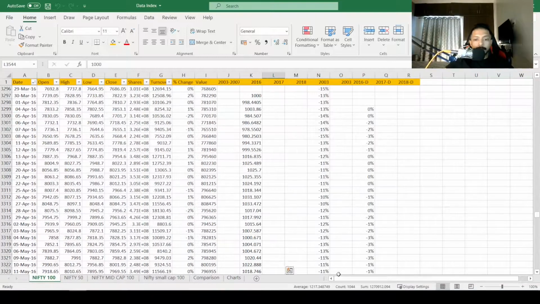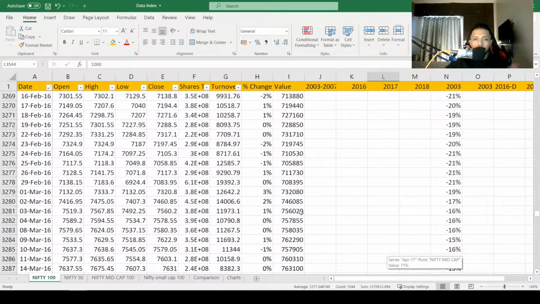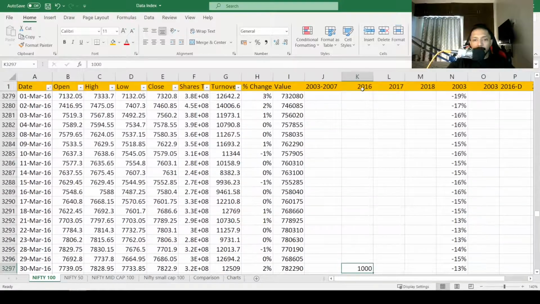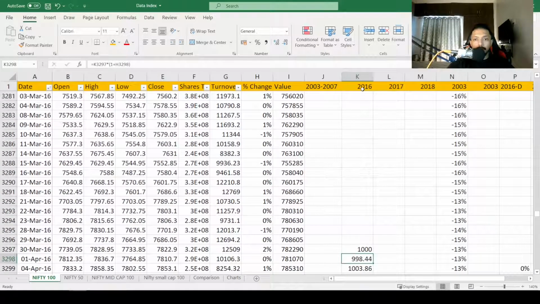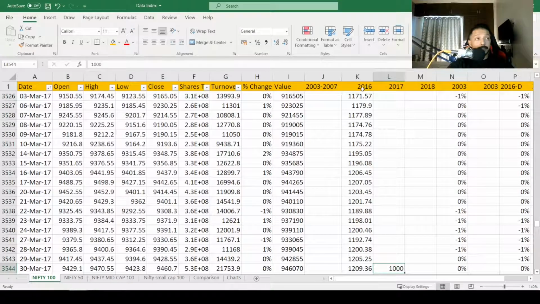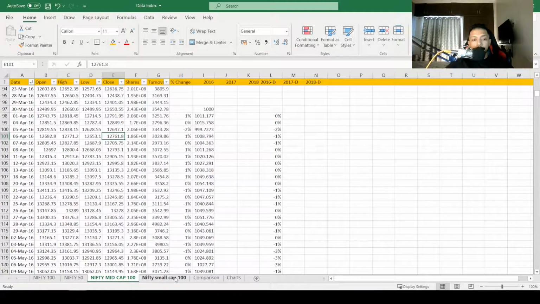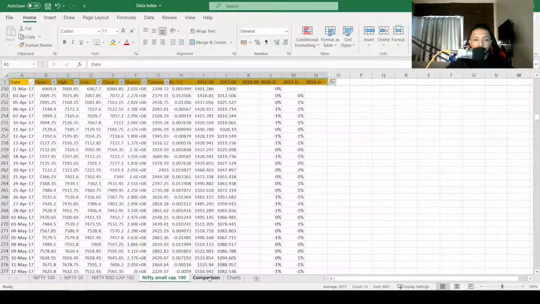Now, what I've done is I'm not going to calculate because it's going to take too long. It's going to be very difficult to follow. But what I've done is I've calculated 2016, 17, and 18. So what we're assuming is, what if we start investing in Nifty 100 from 2016? Okay, what if we start investing 1000 rupees in 2017? And what if we invest in Nifty 100 from 2018? Just to remove the bias and see whether the theory still holds true, which is higher risk is higher return. And I've done the same for Nifty 50, mid cap, small cap, and done a comparison out here.